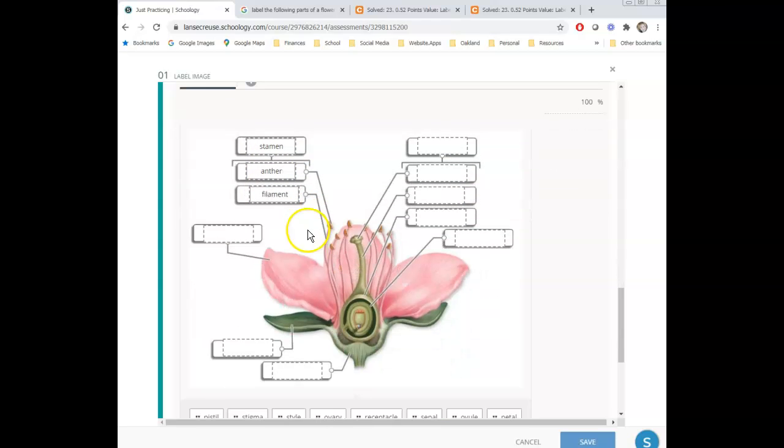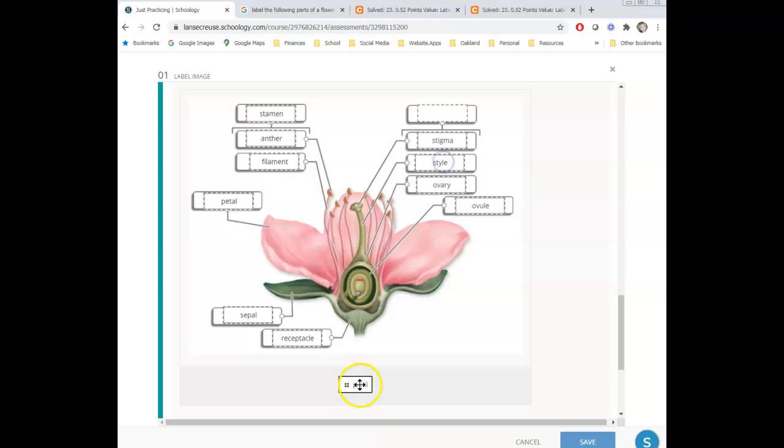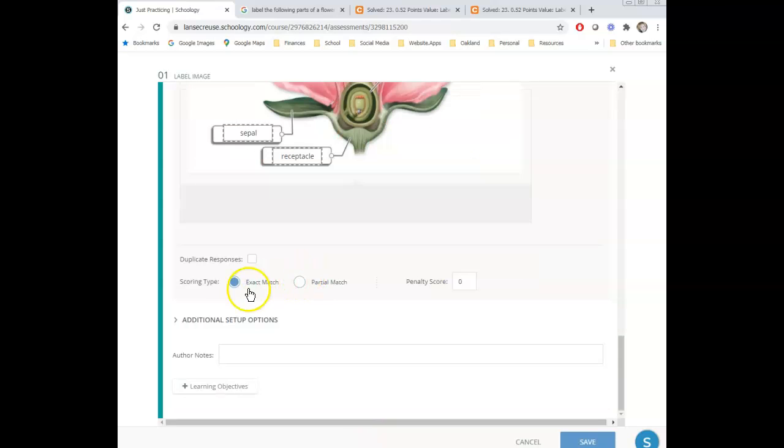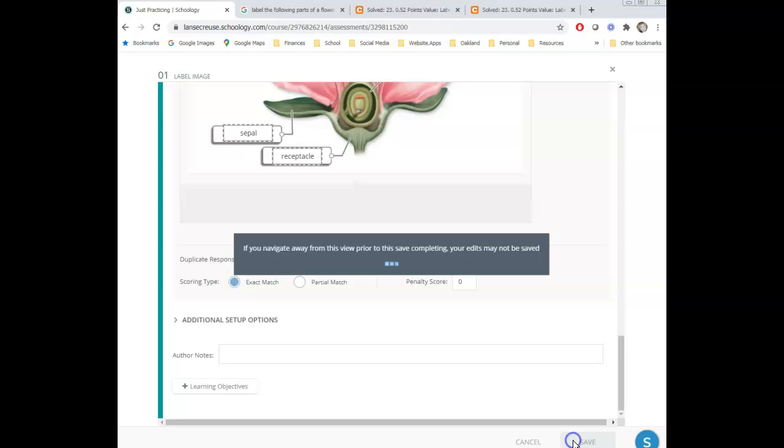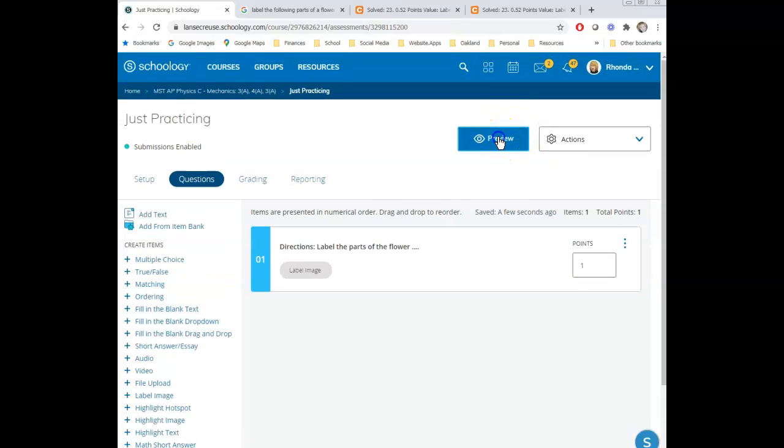I just need to take a second and drag all my answers to the correct box. All right, and the last one is the pistil. We'll drag that in. All right, so scoring type, I'm going to make that an exact match, and I'm done. So I'm going to click Save. We can test it out by going to Preview,